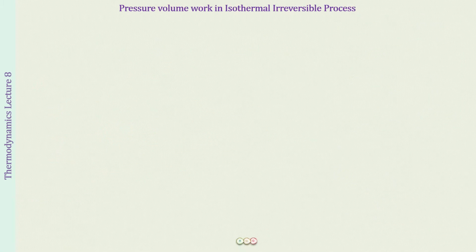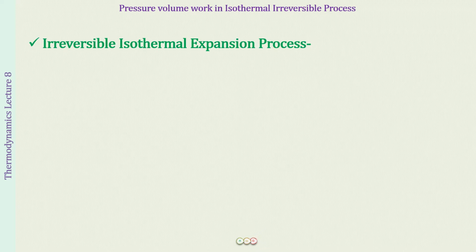So let us begin the learning with the understanding of, first of all, isothermal expansion, which is irreversible in nature. Reversible we have already done. We are now understanding irreversible isothermal expansion. So let us start from the back. What do we mean by expansion? Whatever gas is having an initial volume, after the process has been completed the final volume is going to be more. So the initial volume is going to be less than the final volume. Agreed? Then it is going to be an expansion process.